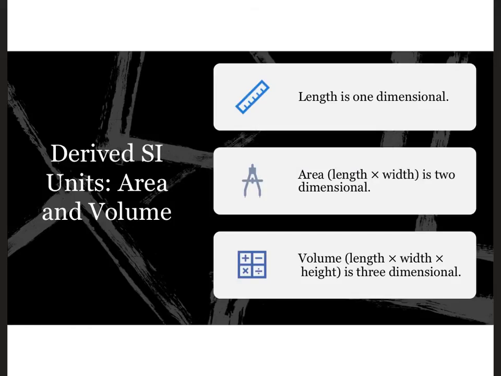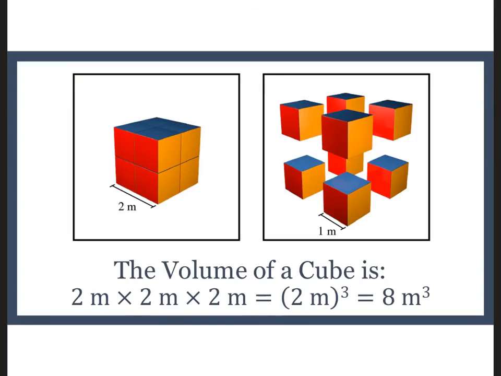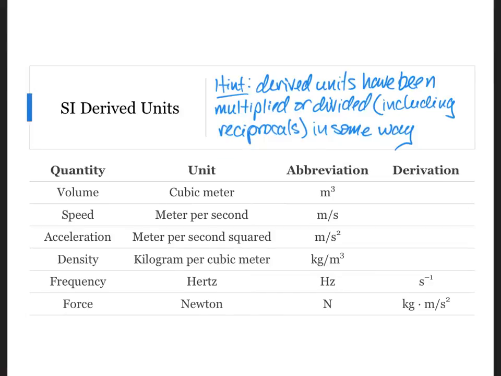Science also relies on derived units. You've already used derived units anytime you've measured the length, width, and height of an object to calculate the area or volume of that object. For example, centimeters squared is considered a derived unit representing area. Calculating the volume of a cube results in a cubic unit, which is another derived unit. Not all derived units are as straightforward as volume or speed, but we'll introduce them one at a time when